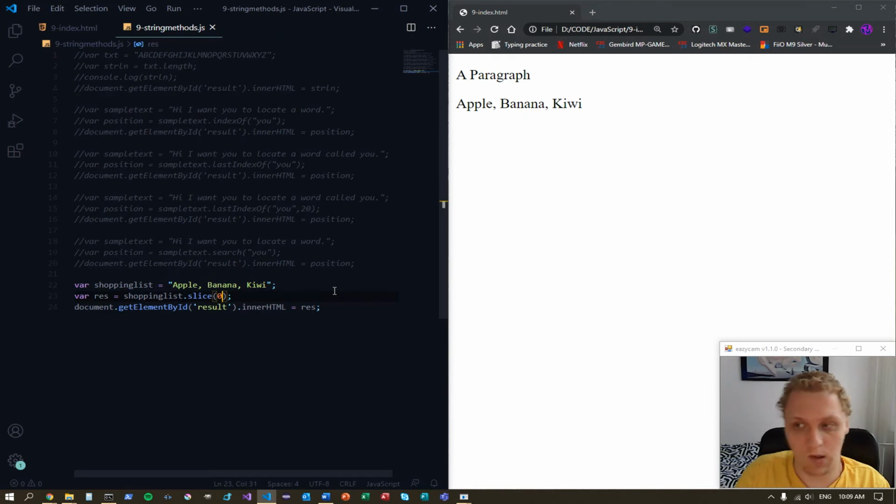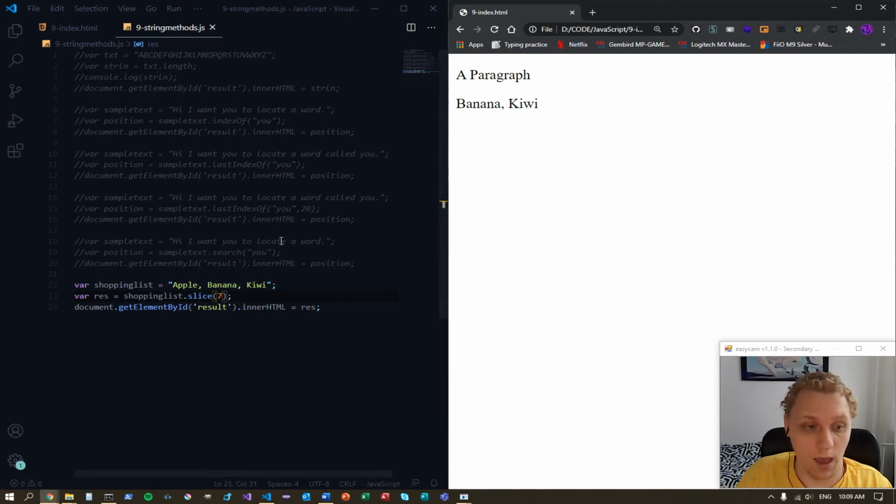And then let's say you want to carve out the word apple, so we can have only banana and kiwi. We would just type in 7, because what it does is it removes everything before it but shows us everything after it. So at position 7, as you remember, the word banana begins and it goes all the way down